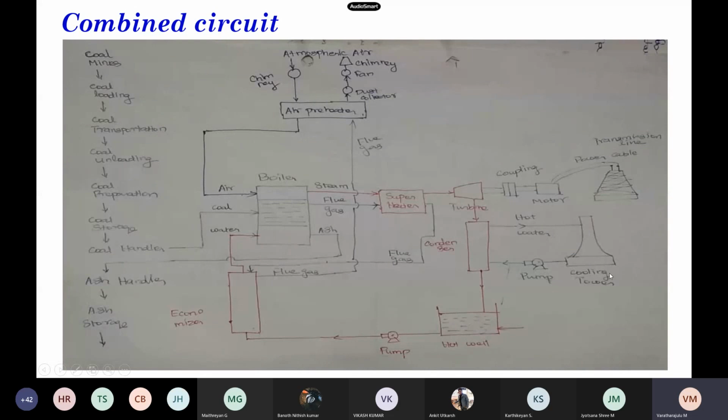And do you have any doubts with these slides? Shall I go ahead with the combined circuit? And this is what you need to present during your examination, and you need to write all four different titles.